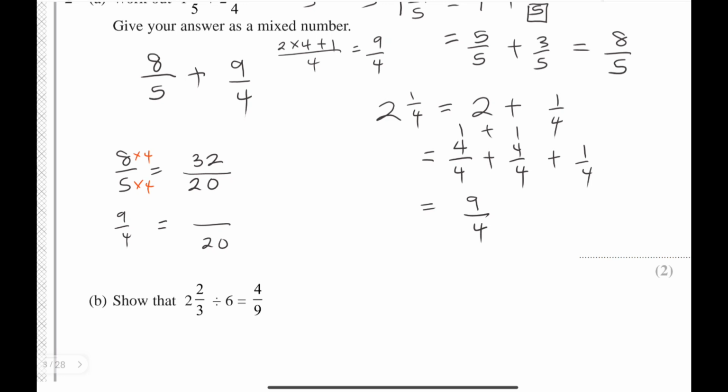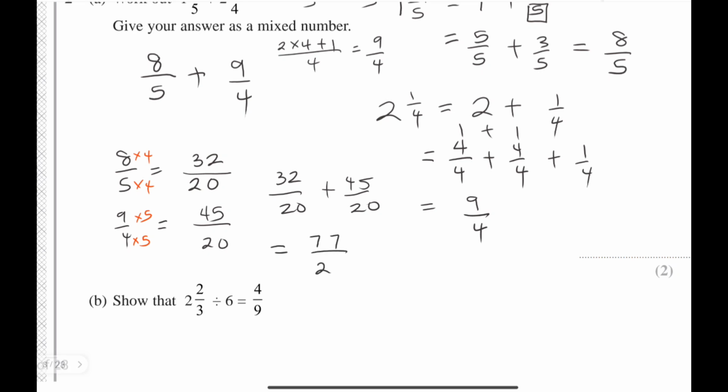So for 9/4, we multiply both of them by 5. So 9 times 5 is 45, as we know. So now we can add them up. So that means 8/5 plus 9/4 is the same as 32 over 20 plus 45 over 20. And this is the same as